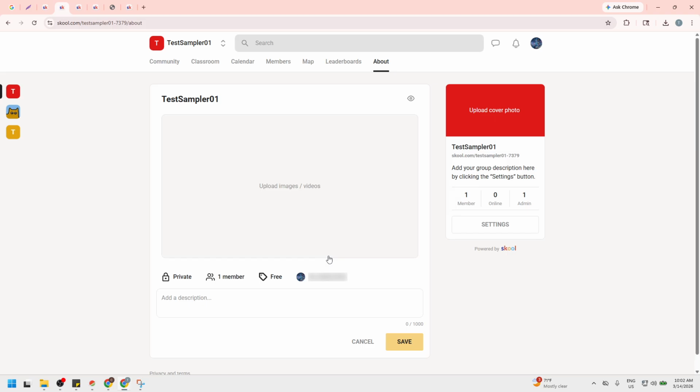to participate. Next, move to the description area and use the text editor to explain what your group is about. Break your ideas into short paragraphs so it's easy to scan. Use bold text to highlight key phrases, italics for emphasis, and bullet points to list benefits, guidelines, or quick start